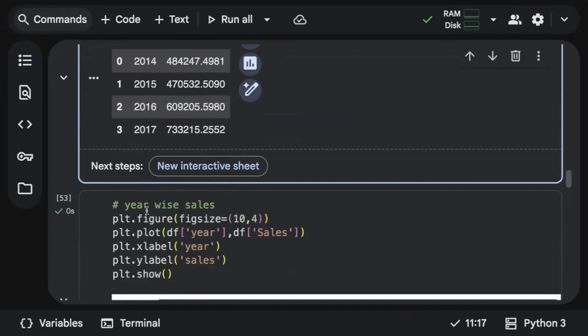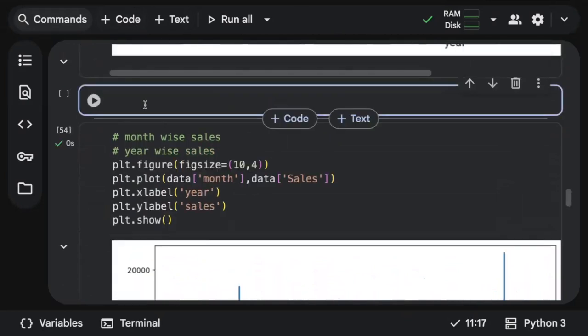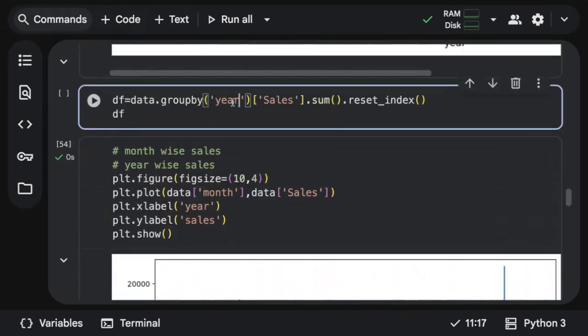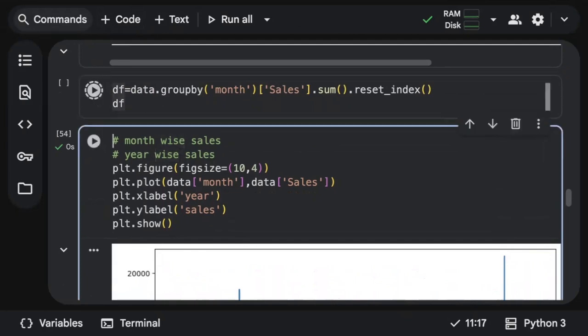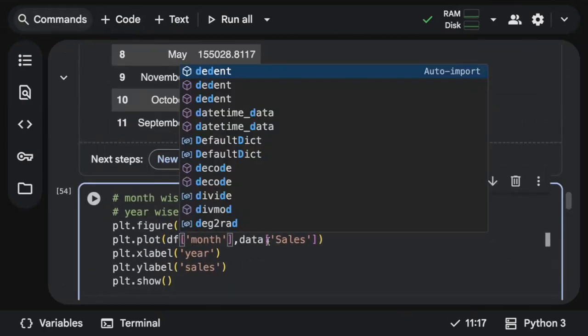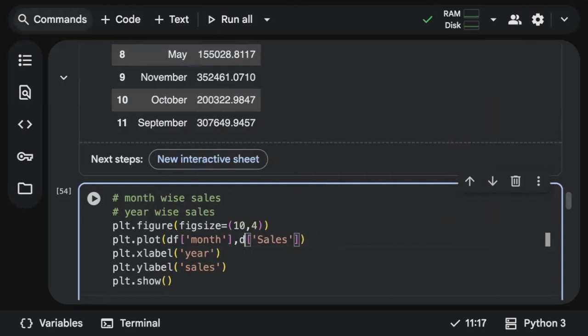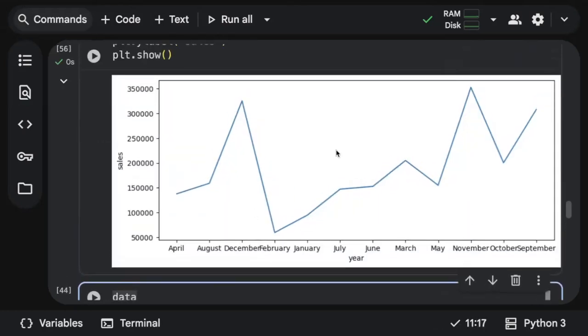You have to fetch the sum of sales with respect to every month, right? So group it based not on year but on month, and then plot it. I'll call df here instead of data. Yes, see, it is giving month-wise sales.